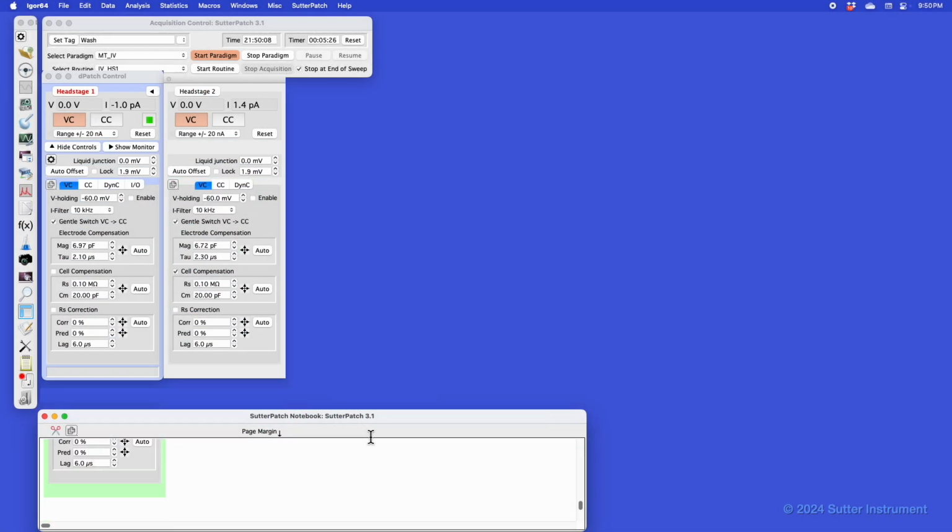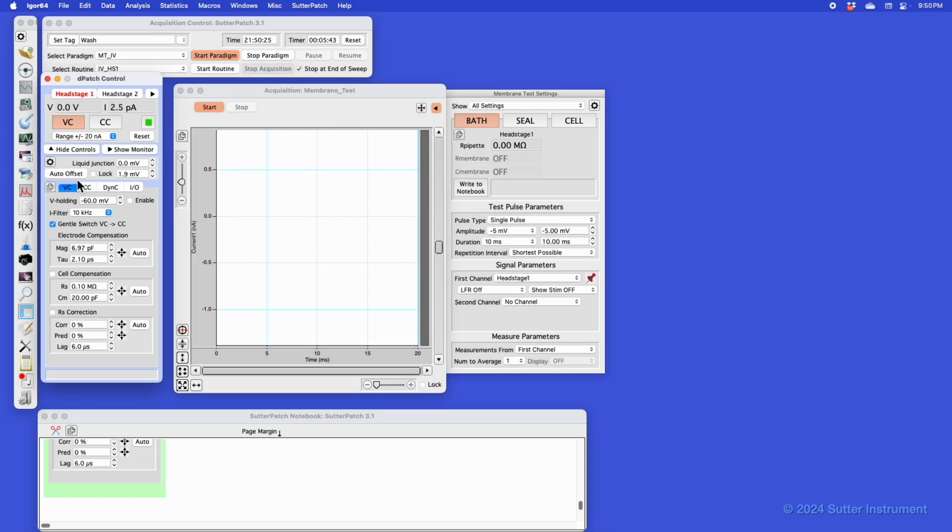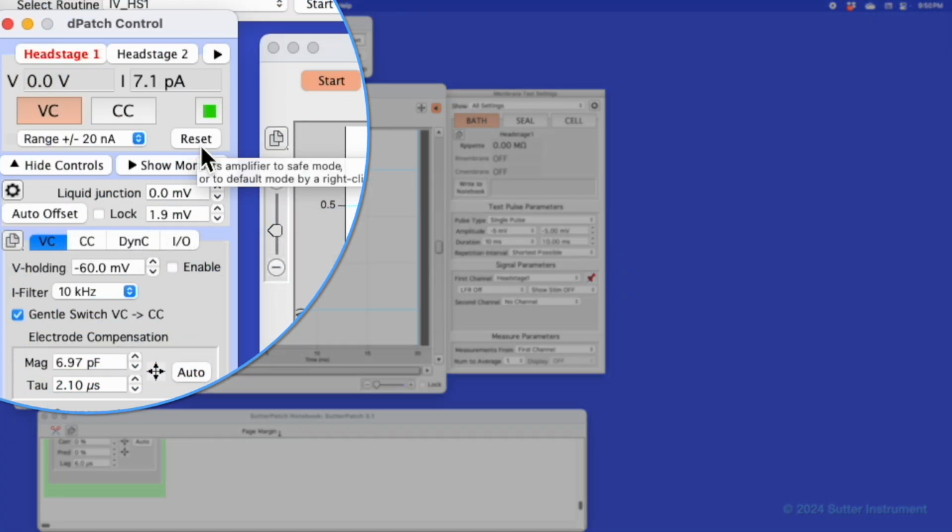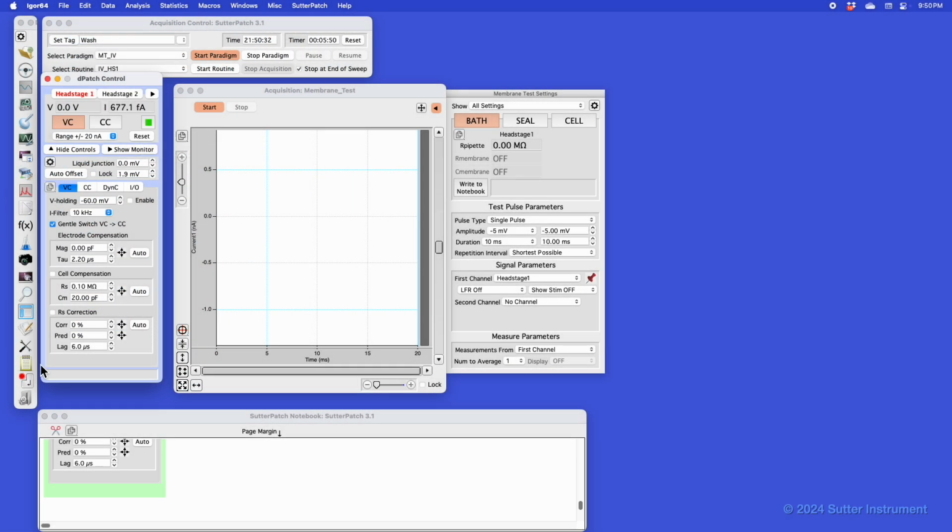I would like to talk about features that we've added to the oscilloscope window, and I'd like to bring up the membrane test window to showcase that. What I usually like to do with membrane tests is hold down the shift key to do a reset of the control panel controls. So this gets everything into a known default state.